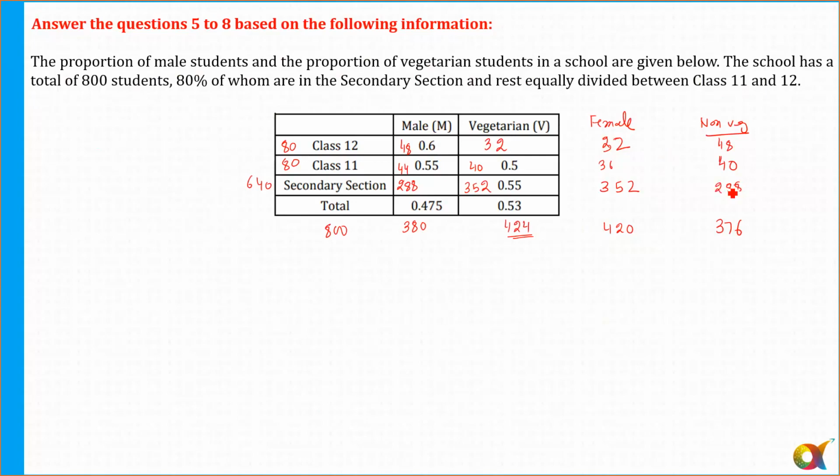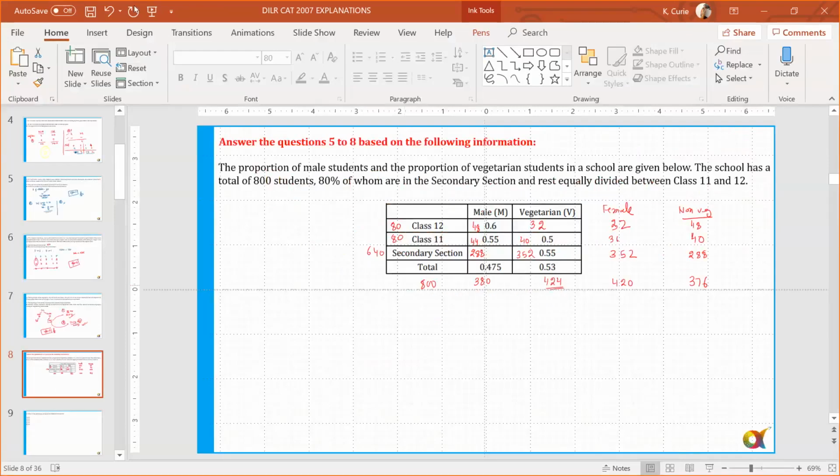And here also, among the male, like in each and every school, there will be few vegetarians, non-vegetarians, and all these things will be there. But that data we can't find out as of now. Depending upon the questions, we can find out all these things. Is that clear to all of you? Can I move to the next slide? Please tell me now. Okay, so just give me 1 second and then we will move to the next slide.